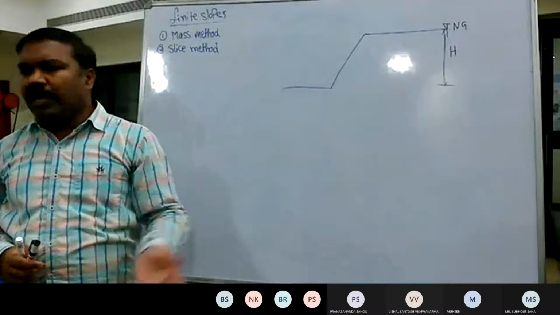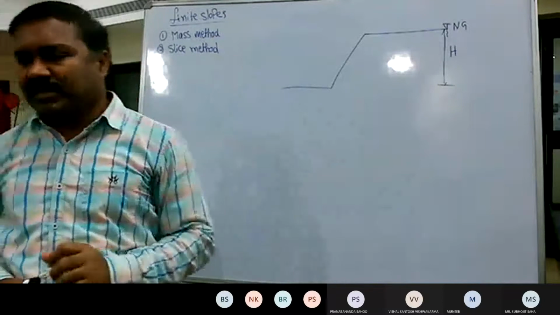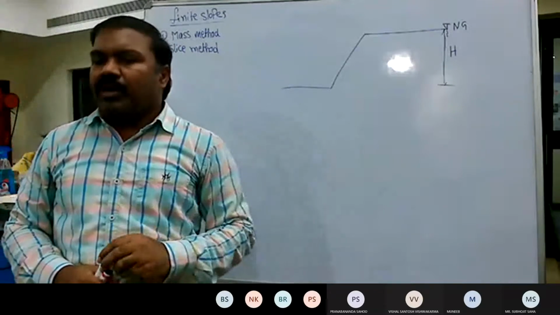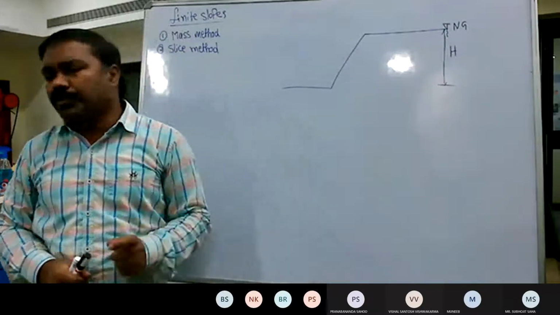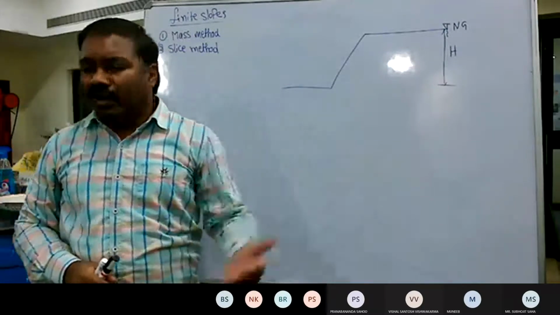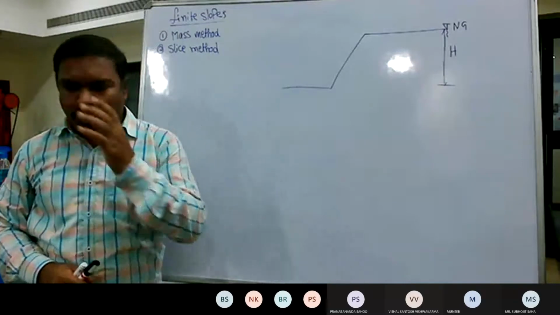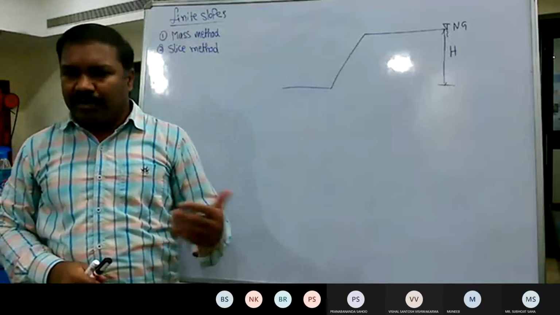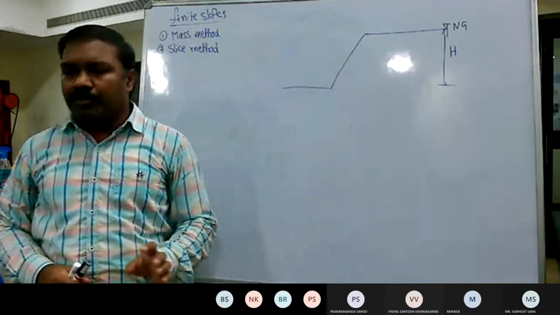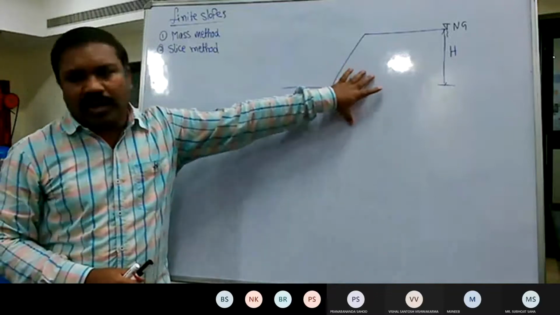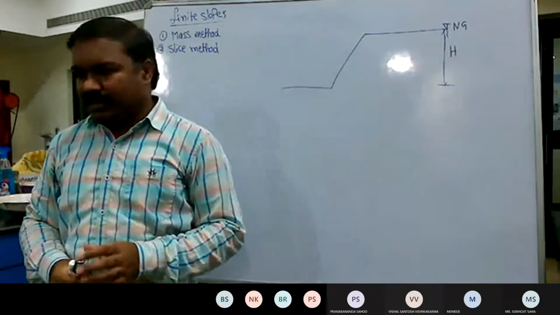So for example, till 1 decade back, although Morgenstern and Price have proposed very complicated equations based on the method of slices, the manual calculation is so tough and so time consuming. If you want to calculate one factor of safety value for a single slope, it used to take a couple of days. That is the complexity of the equations. But with the advancement of computer programs, even if you simply feed the entire equation as it is in the computer program, it will calculate the factor of safety for so many trial circuits.